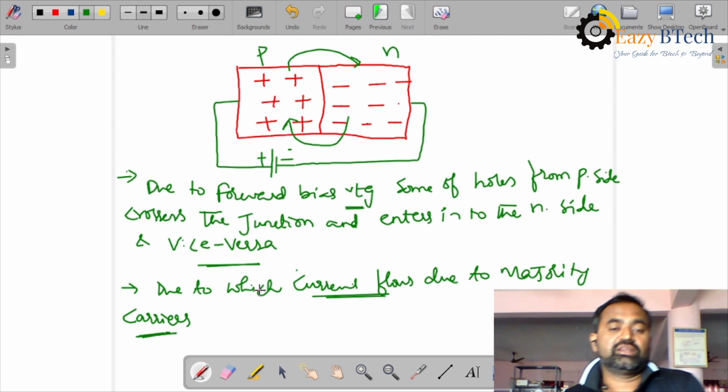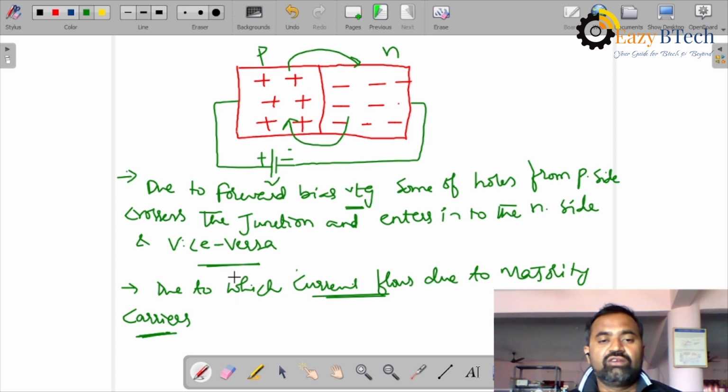Okay. Now what are the majority charge carriers in P-type? Holes crossing the junction and entering into the N side, and electrons from N side crossing the junction and entering into the P side. And current in PN junction diode is due to majority charge carriers under forward bias condition,